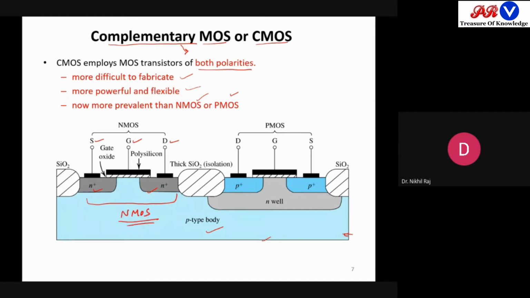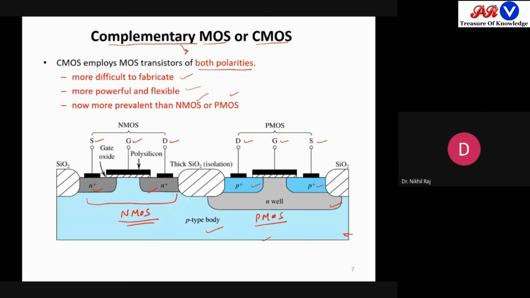Now for the construction of PMOS, we need N type of substrate. So how can we get an N type substrate here? So here we create an N-well. N-well means a lot of N type material is doped here. So we create an N-well here, and in the N-well we dope P plus regions, and from there we take out the source and drain regions and the gate region. So this consists of your PMOS device. Fine. So this is also called a well technology.